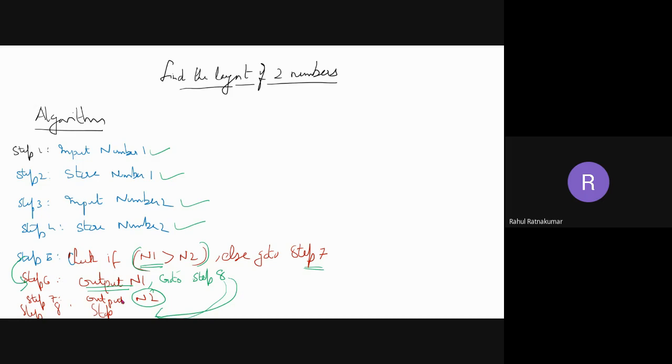This is a very simple thing where we are inputting two things and checking if one is greater than another, and if that is true, printing that number and stopping. So this is called an algorithm. I'm going step by step, step 1, step 2, step 3, step 4, and there's a decision. You can see the decision block here. Okay, so let me draw the flowchart also, so that then we can discuss the problems of